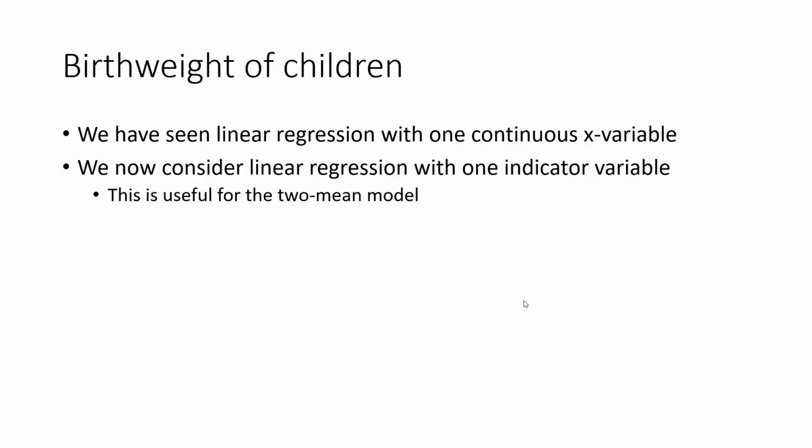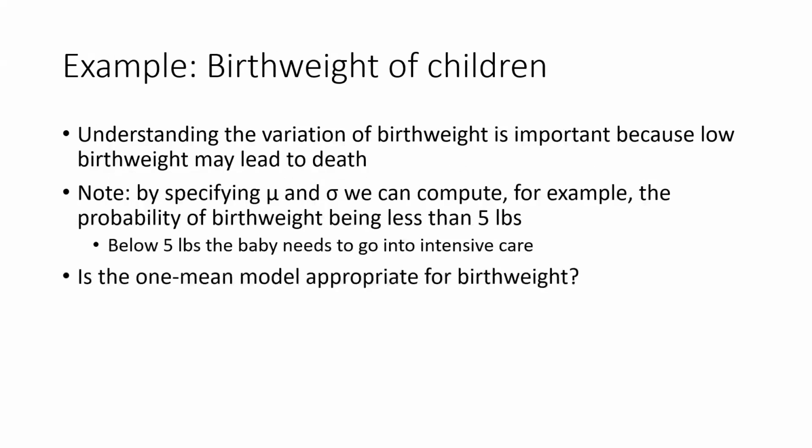We had seen the one-mean model at the very beginning, where I said for the housing prices, y equals mu plus error, and that's one mean, and now we get into two means. So why might this be useful? Well, for example,